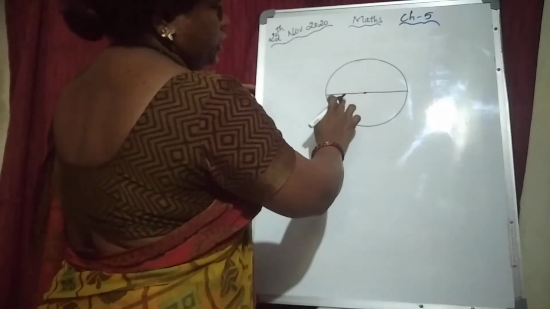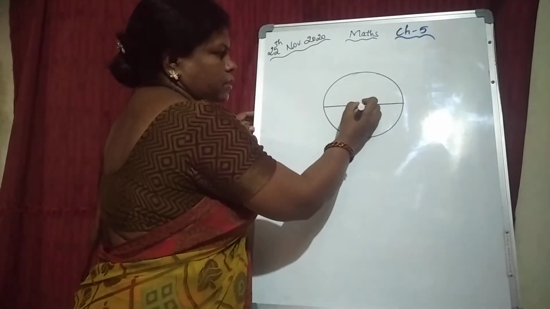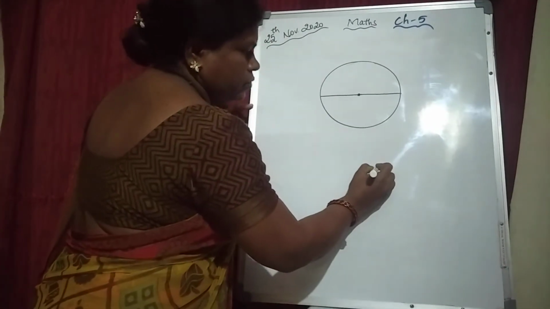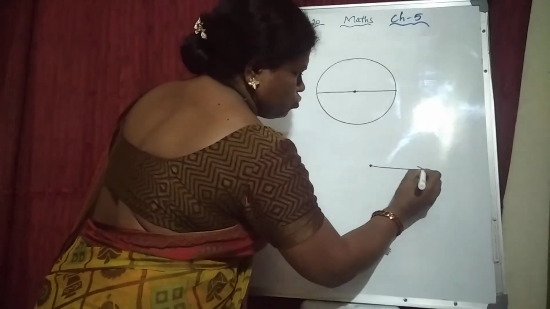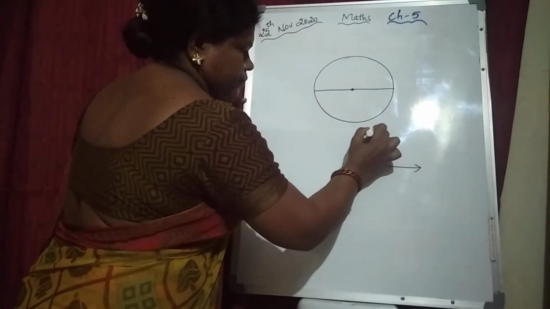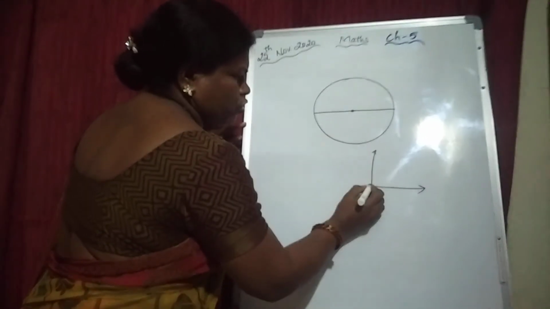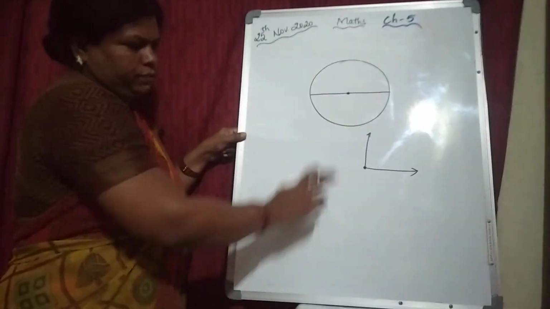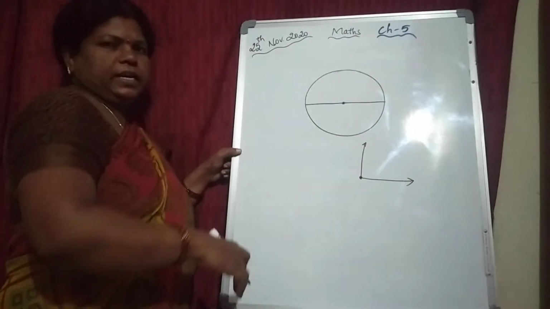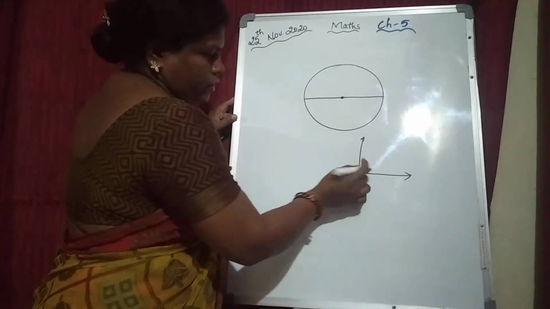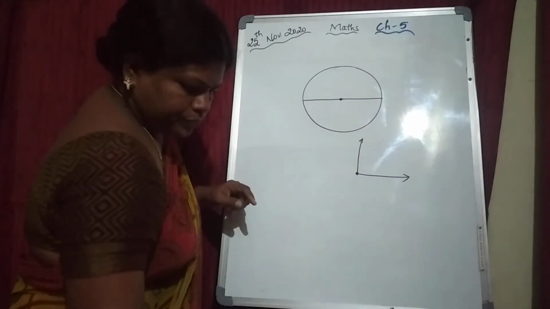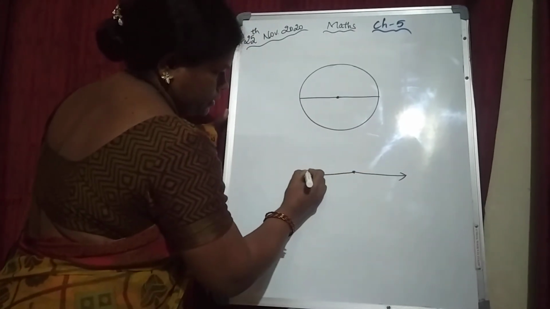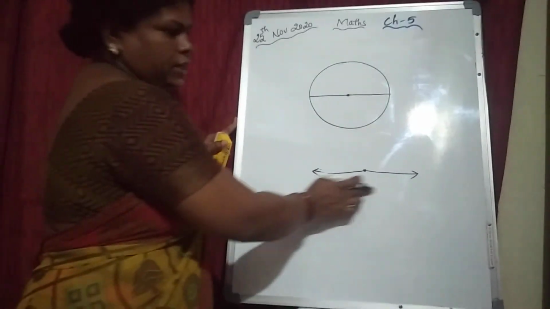So this is a straight line, children. The angle is formed at a point, that you know already. These are the two arms. You can take anywhere. So the angle is formed at a point, at the vertex, where two arms meet. Two arms touch each other at a point, and the angle is formed there. Now if this is bent towards this side, it is a straight angle. This is a straight angle.